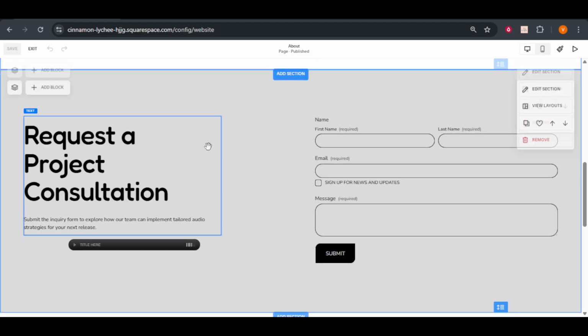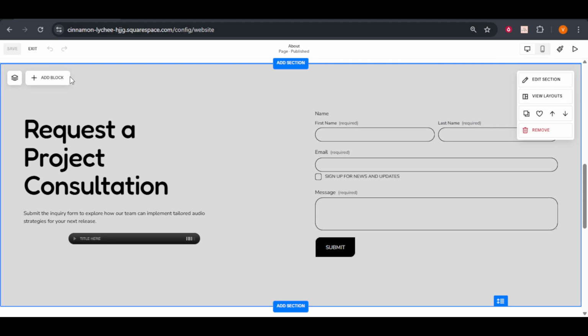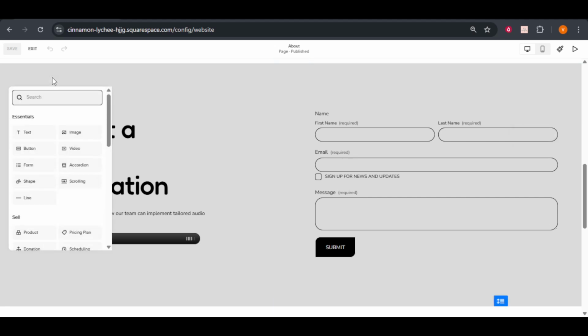Next, you'll need to add a form block. To do this, look for the option that says Add Block on the page. Clicking this will present you with a variety of different blocks you can add to your site, from text to images and, of course, forms. Select Form from this list. This is the basic building block of your Lightbox form, and getting it right here is crucial for the next